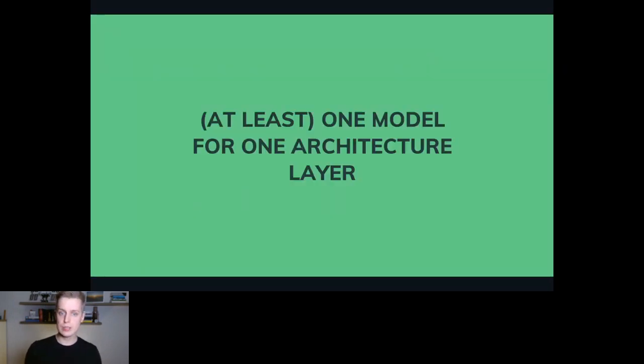So my recommendation for these mistakes is to have at least one model for one architecture layer. But what does at least mean?